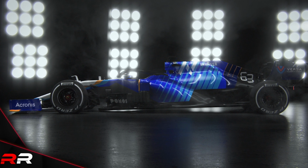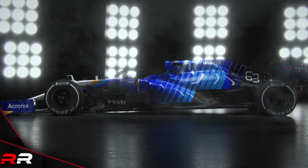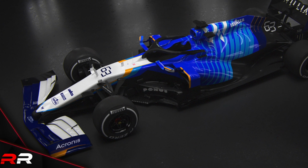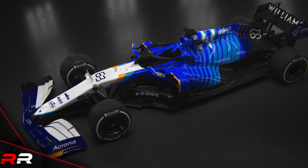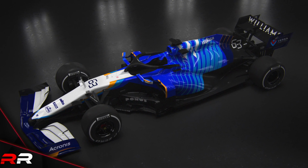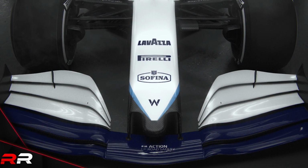Throughout the team's branding with the launch of this brand new car is a theme of history, recognising the past but also realising this is a huge transition for the team that have new owners full-time for the 2021 season, and from next year onwards will start a brand new technical partnership with Mercedes. So lots going on at Williams, and certainly this livery, they've tried to do their best to emulate change while